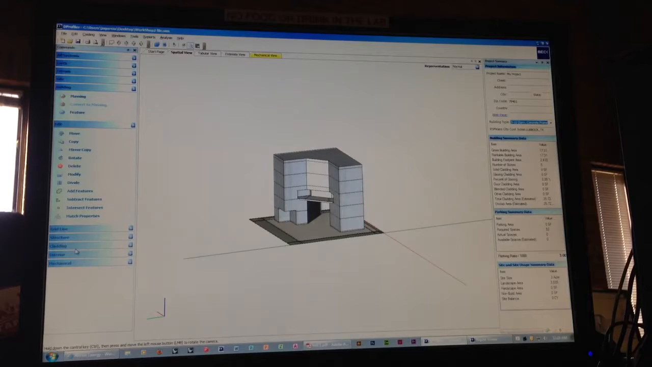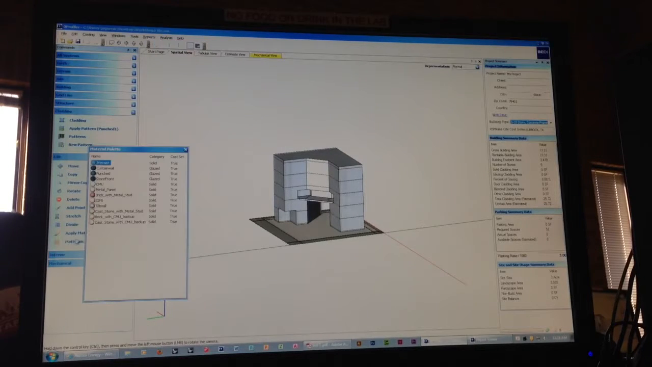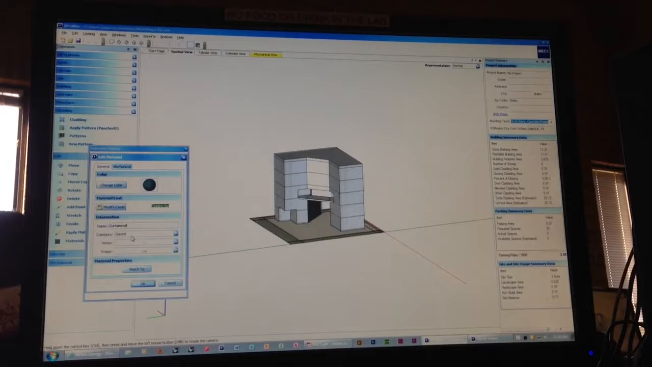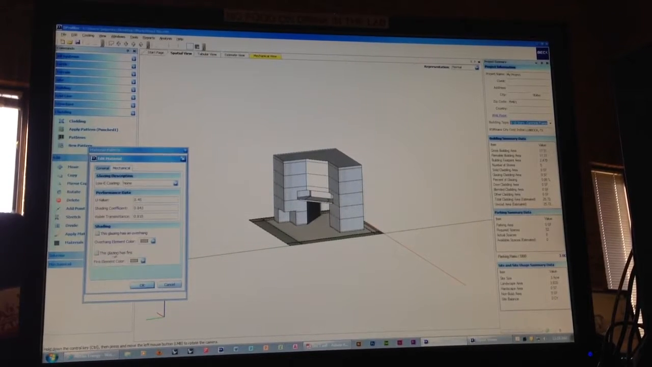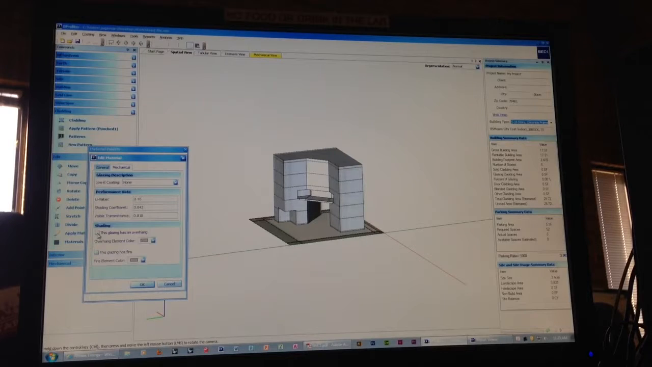But when you come down into your cladding and your materials of your curtain wall, if I double click that, I come into mechanical. Now I can say this glazing has an overhang. And that's when I